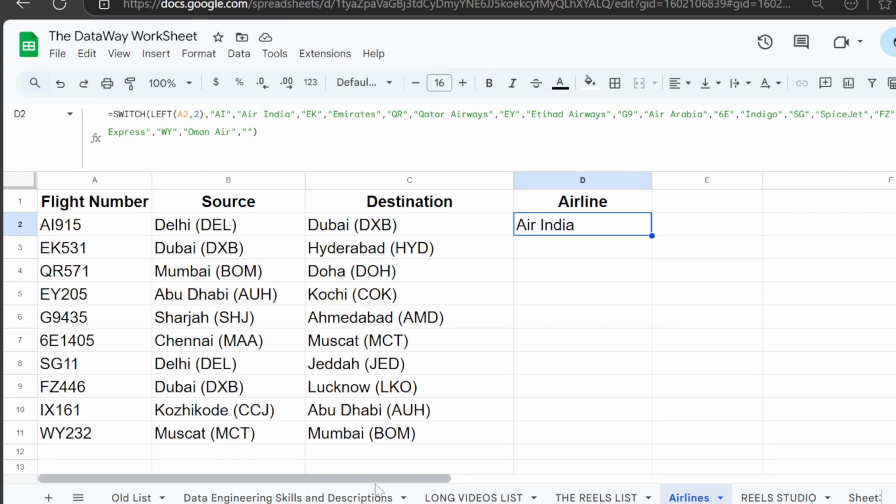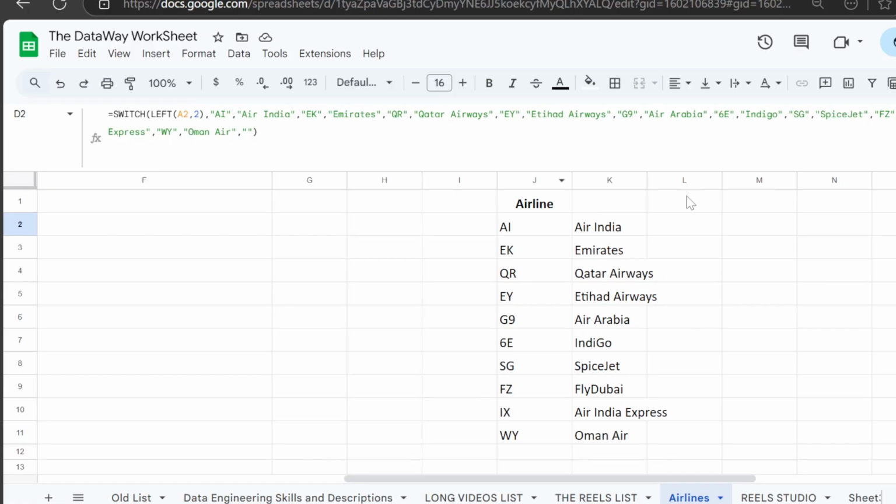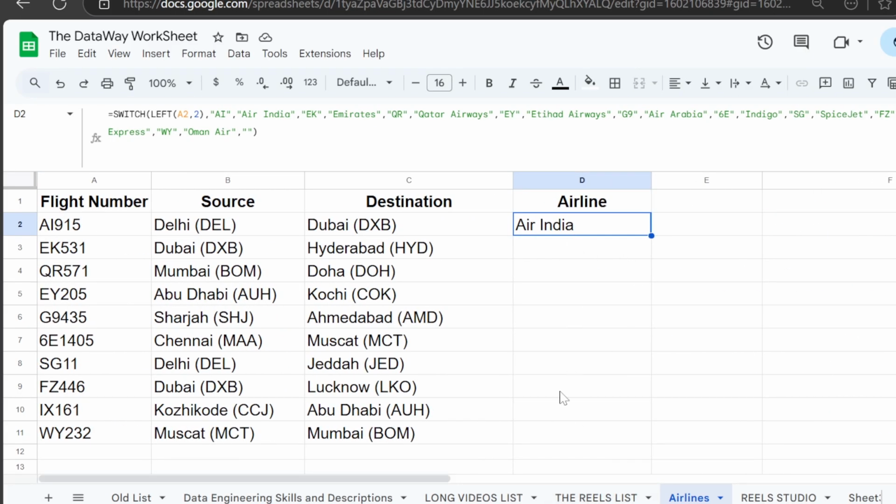Okay, now you can have a table like this I have over here. So you can have a table like this and do a straight VLOOKUP, and that's also going to work. But for the sake of this example, let's say I do not have this. Let's say I do not have this table and I need to assign an airline for this. Okay, so what I've done is I've put the expression where I'm getting this one, and now